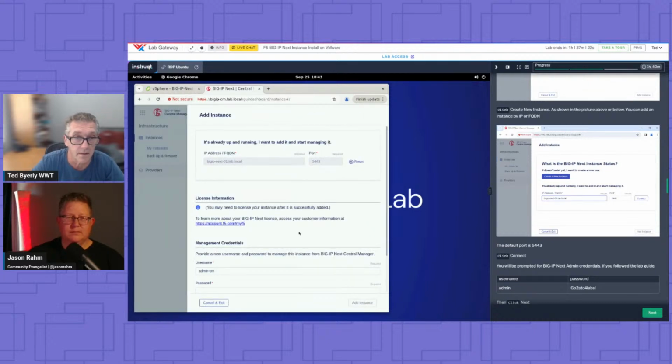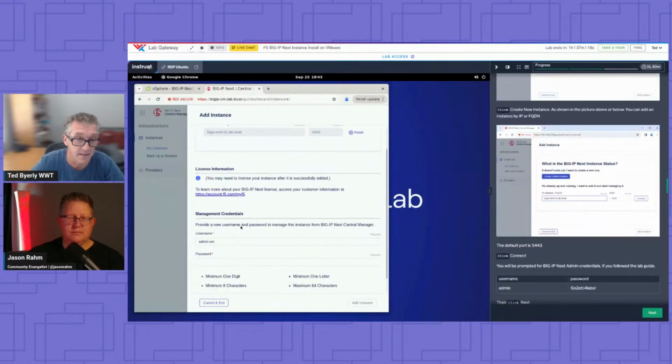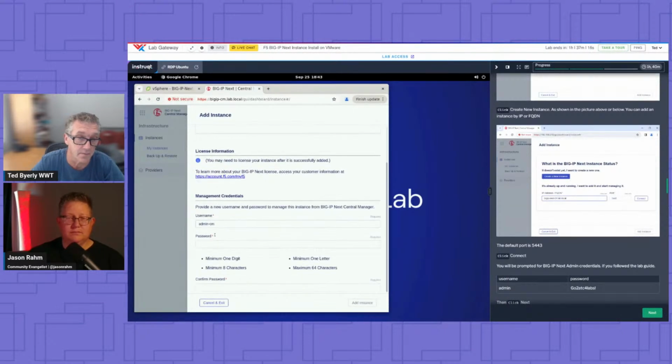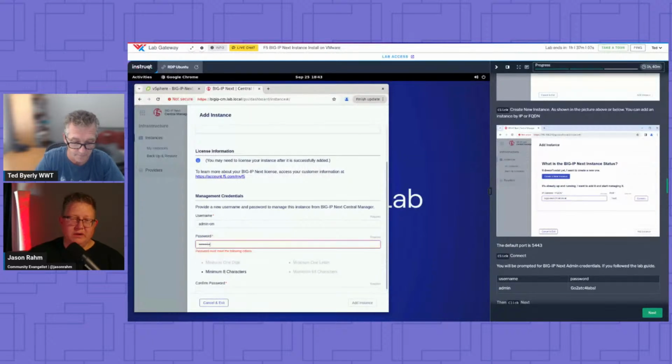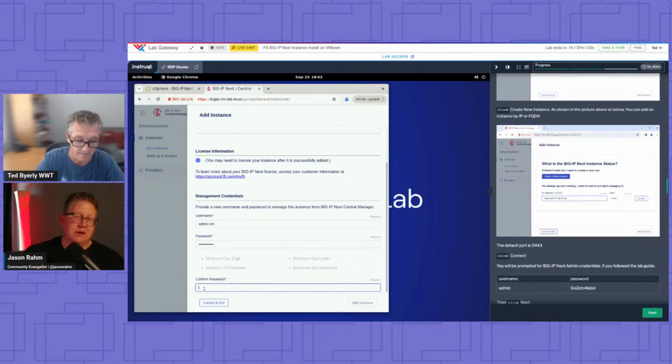All right. So you may need to license it after. It's not pre-licensed there. You're going to set up a new management credential password, admin CM. It defaults to that. You can change it if you want. And what I'll say about that is, as soon as Central Manager finishes this onboarding process, the admin credential that you set up on the instance directly is disabled by Central Manager.